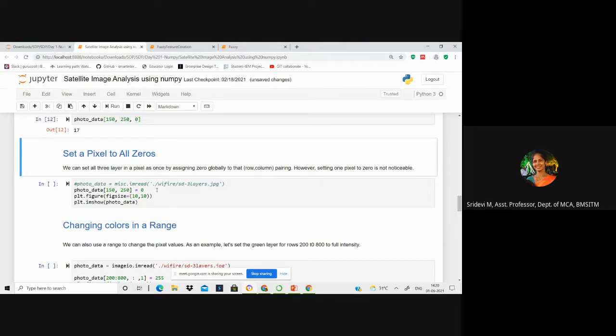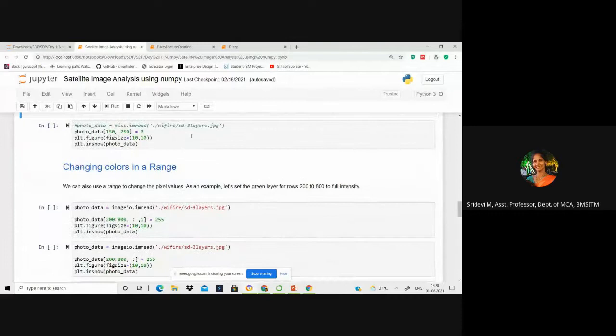So in RGB, if you have different intensities, you have different colors, but if all these values are given 255, 255 and 255, that entire pixel will be white, right? You know that if you put all the colors on a wheel and turn it, it will appear white when it is turning very fast. You might have done this experiment in your childhood. Same way, if you want all colors to be predominant, you assign 255 to all the layers, which will result in white color. We'll see how to do that.